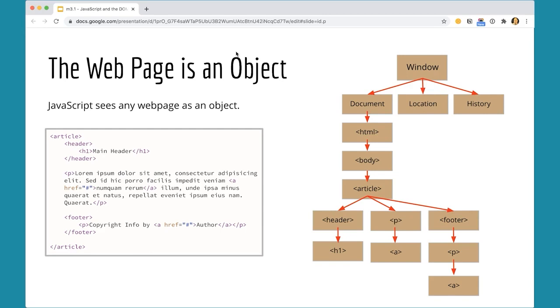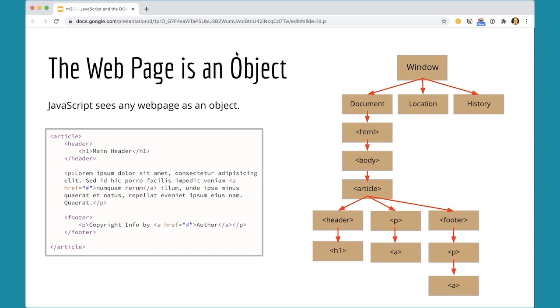And the document breaks down into an HTML tag. We've seen that certainly on our web documents. And within the HTML tag, there's a body tag. And then we could have whatever HTML is making up the page. Here, I'm showing an article with a header and a paragraph and a footer, and that matches the HTML that's in the image here on the left. So if you look at the markup on the left, you can see how that matches the article here